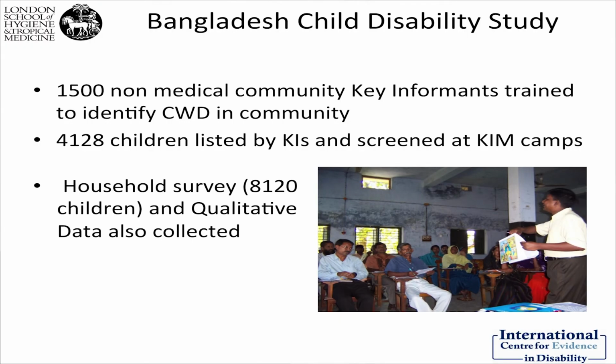In this particular study in Bangladesh, we trained 1,500 community key informants who between them listed just over 4,000 children that they suspected as having the targeted impairments type. We also undertook a household survey of 8,000 children so as to be able to do that comparison, to be able to understand whether or not key informants were able to identify the same numbers of children and what the